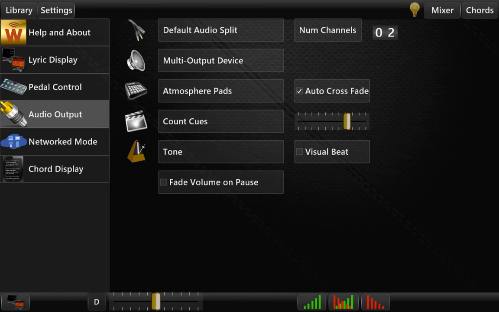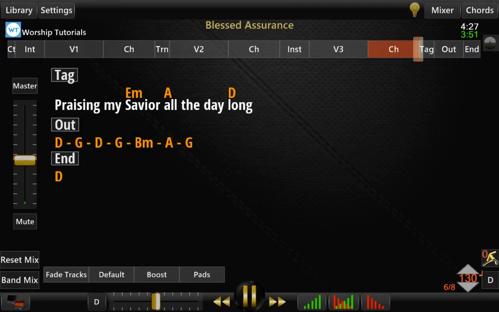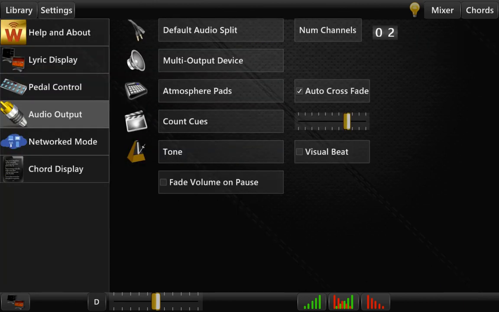Audio output's really interesting too, because if you notice, it's currently set to 2 channels, but say for instance you want to run out of Worshipsong Band into an audio interface, and on your tracks you wanted to give your sound guy more capability to control the sound of your track. What you could do is group, for instance, your bass and drums on one track to the board, to the sound man. You could put your guitars on a channel and have those grouped. On another channel, you could send out the piano and the keys and synths. So you could separate those out and send them to the board